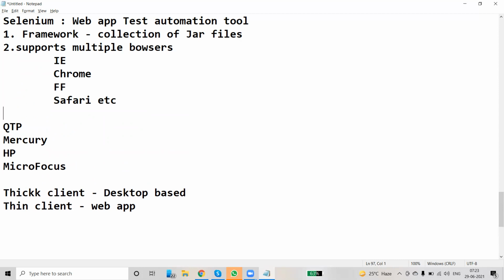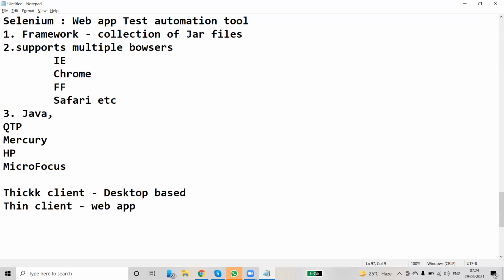Okay, and there is another advantage with Selenium. Selenium is a multilingual automation framework. That means we can use multiple programming languages to develop test scripts. What are those languages Selenium supports?